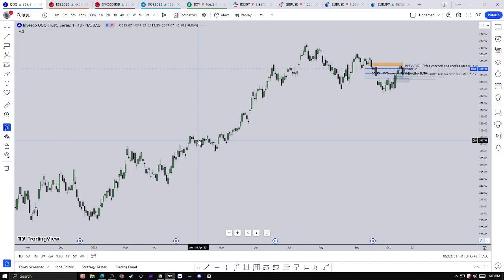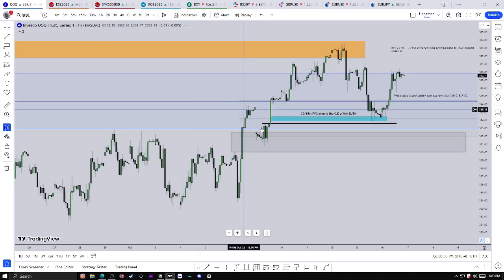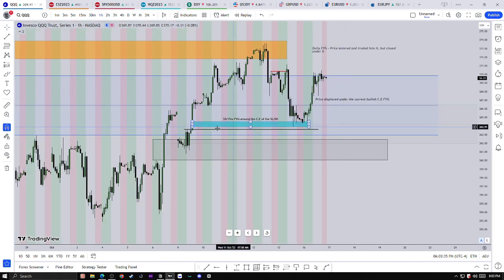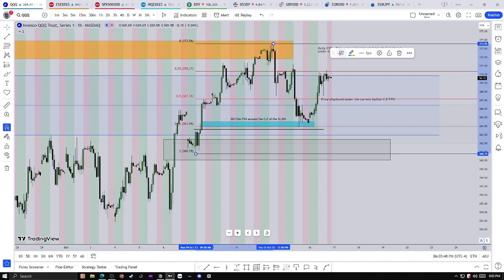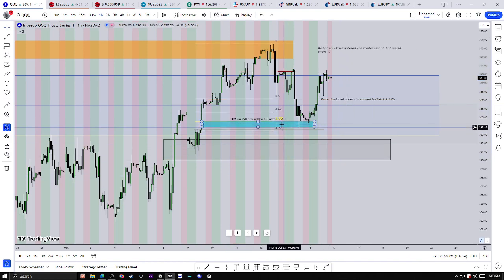QQQ, I have not looked at QQQ. It probably has done some wild stuff. Oh, so it just reacted off this 30-minute fair value gap around this consequent encroachment of the swing low to the swing high. Okay, so I'm guessing we took the OTE levels of this and we marked it off. Okay, yeah, see, perfectly. Wow, damn, that was